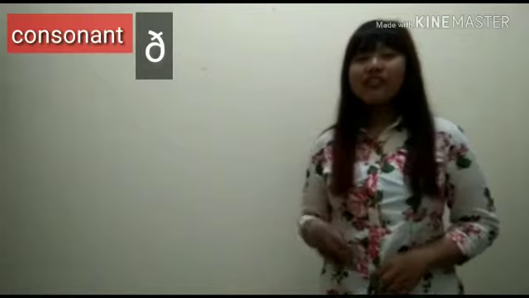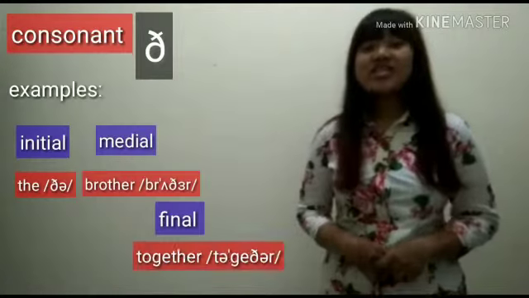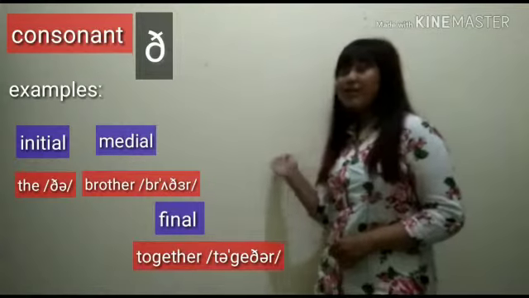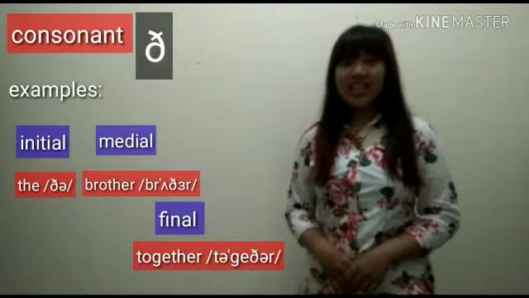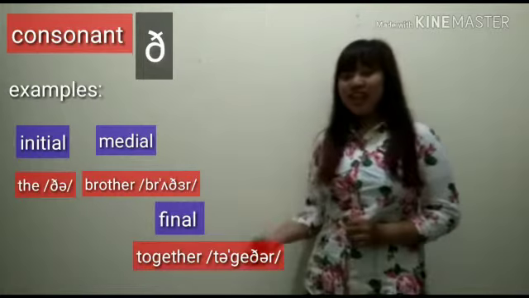Narrowing fricative is when two organs approximate to such an extent that the airstream passes through them with friction. And I will give you three examples of the sounds. The first is initial. The example in initial is the, the. And in medial, the example is